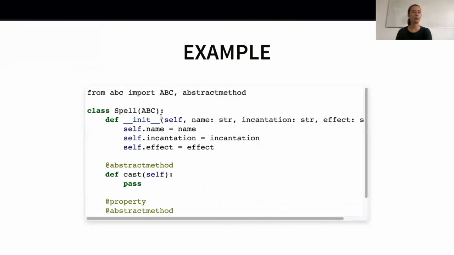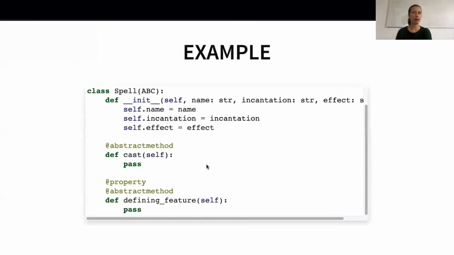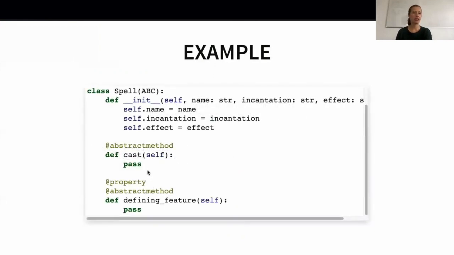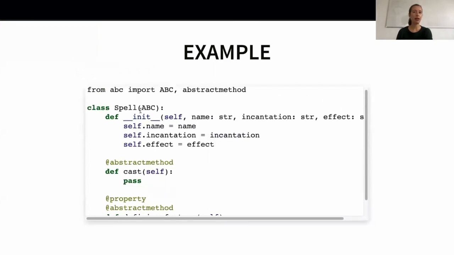And then we flag the methods that must be implemented by all the subclasses with the decorator @abstractmethod. A spell should have a name, an incantation, and a certain effect. Also, each spell subclass will have a defining feature and a cast method. Notice that these are abstract and not concrete implementations. Our abstract base class Spell specifies the requirements of being a spell, but it doesn't tell you how to be